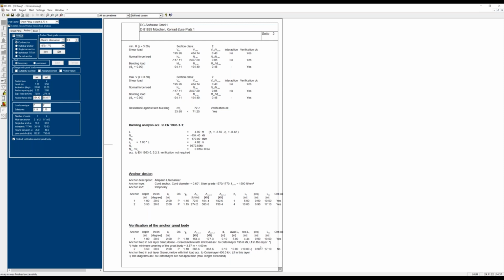But here we need a longer fixed length. So we have a longer total length required for anchor plus fixed length to transfer these forces from the anchor to the ground. And finally, for the boom,